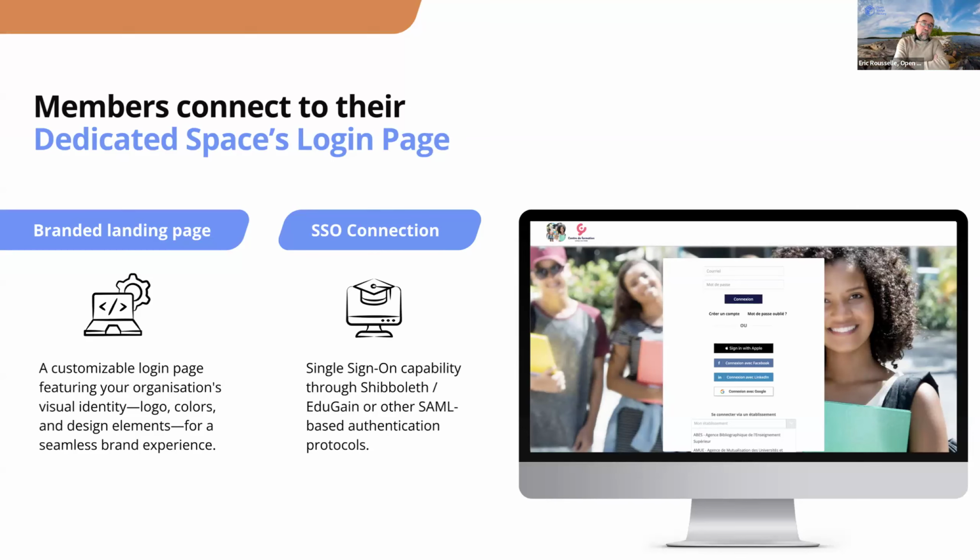For university, we have Shibboleth SSO, EduGain, but it can be also connected to Microsoft SSO solution. So the idea is that the student, or the employee, will click a link, and after clicking the link, he or she will arrive at a login page which is branded for the organization.